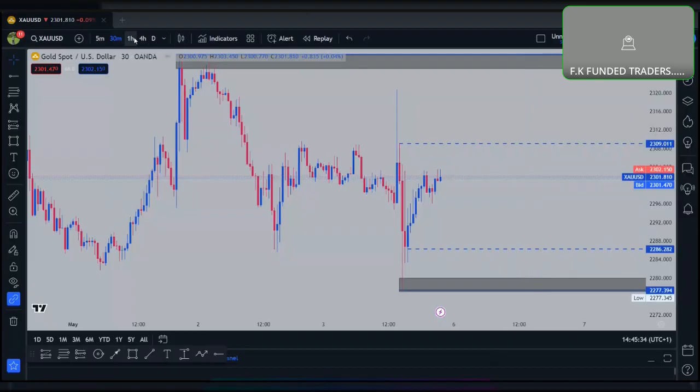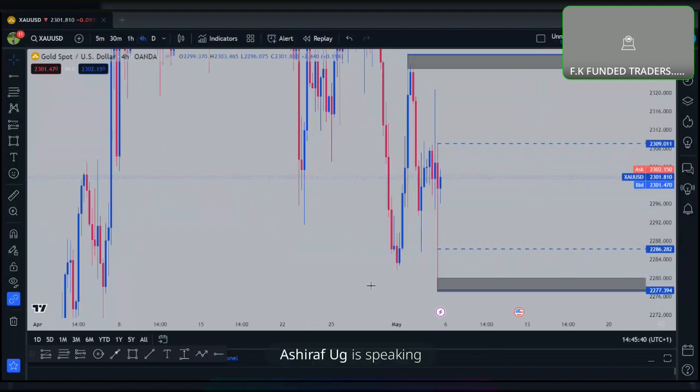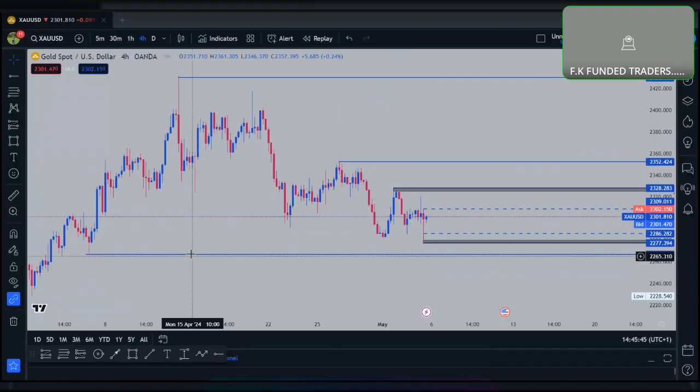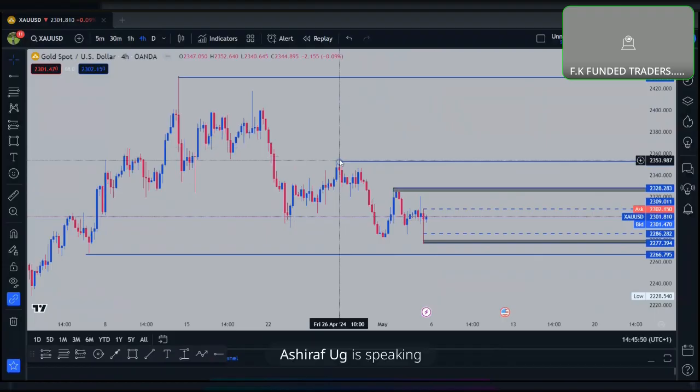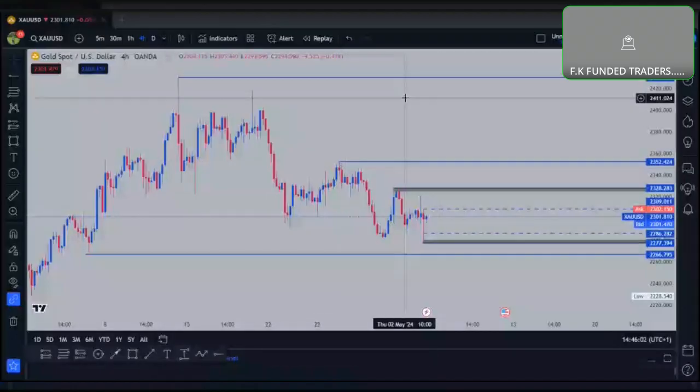So this was just a 30 minutes. But if you have been following, remember we have setups above that area. Are you seeing the 4-hour time frame? We have that given zone 53. We expect the market to respect it as well because it is 4-hour time frame. Get my point. And if it is violated, then we shall have to target 2043. So that is for the long-term setup.